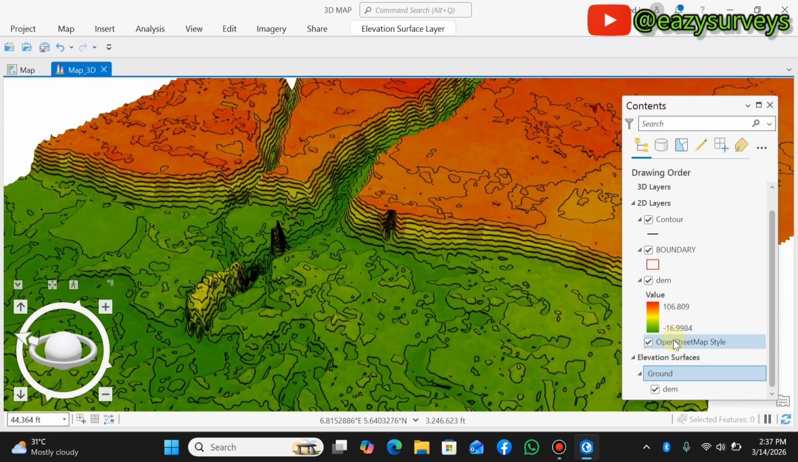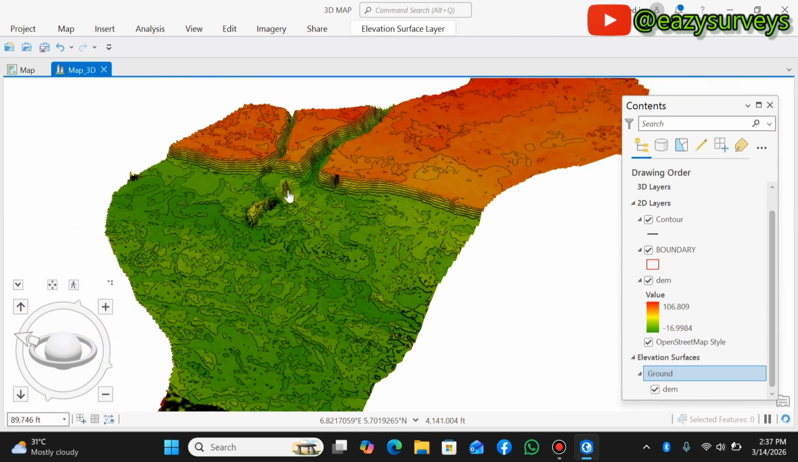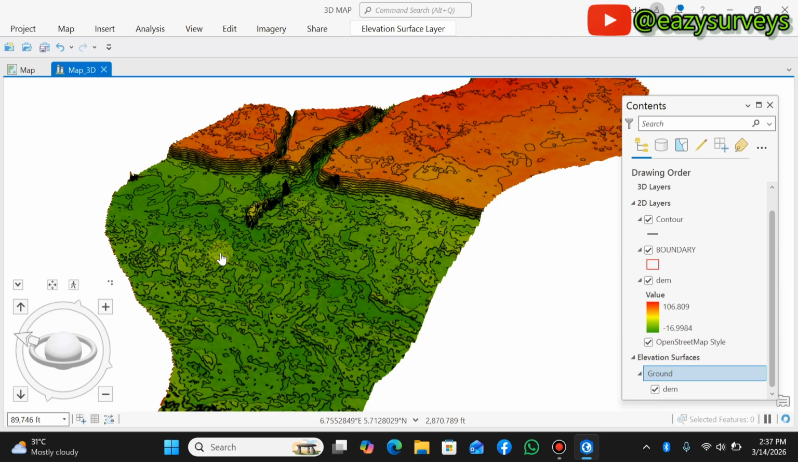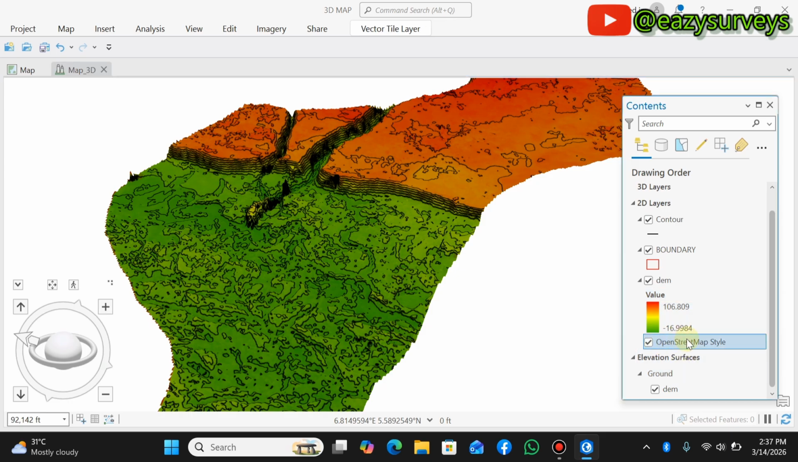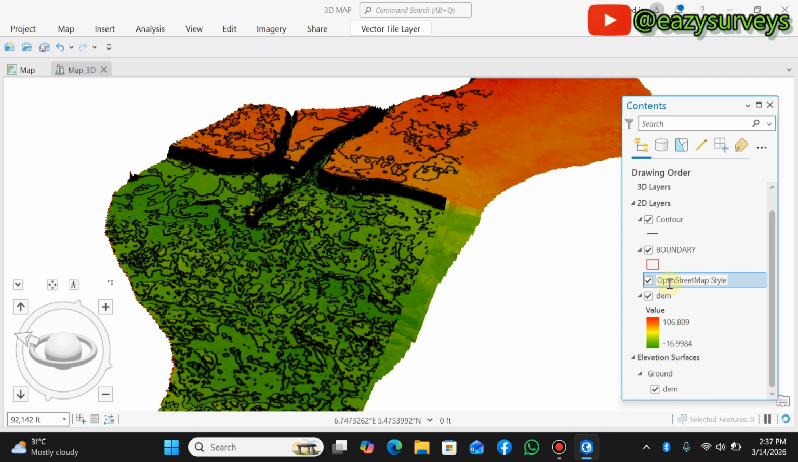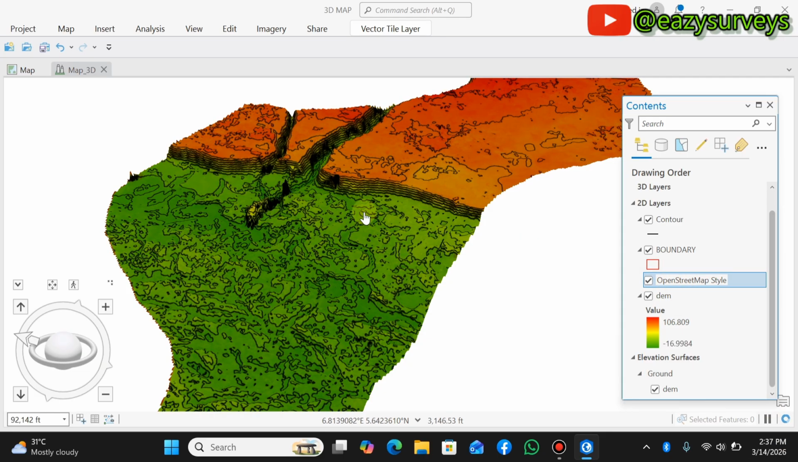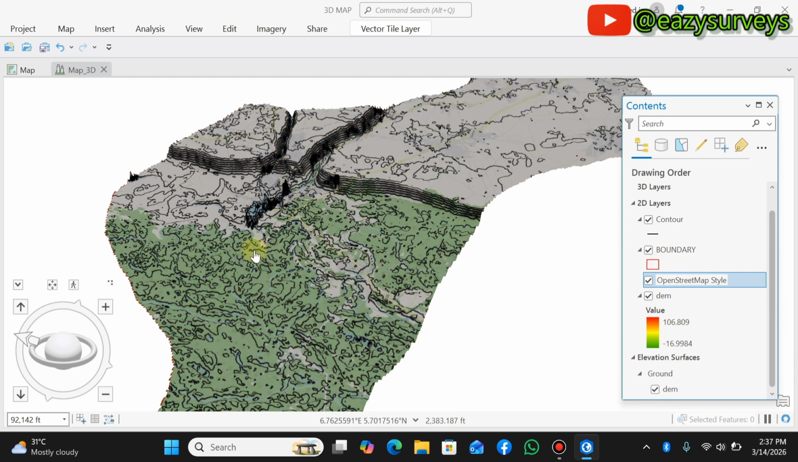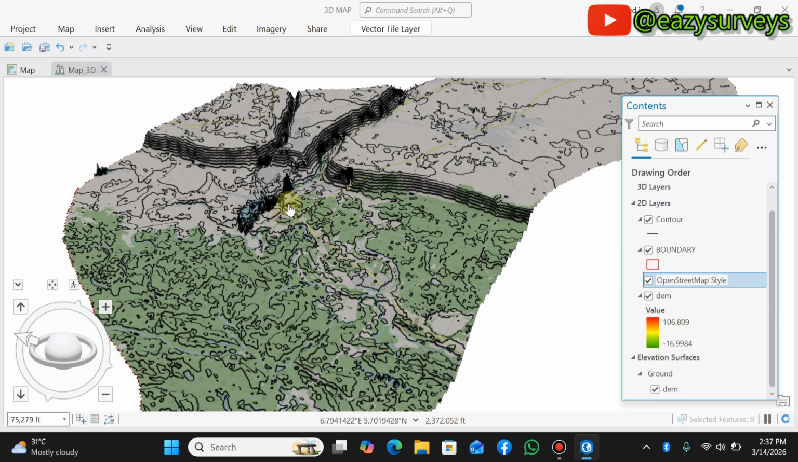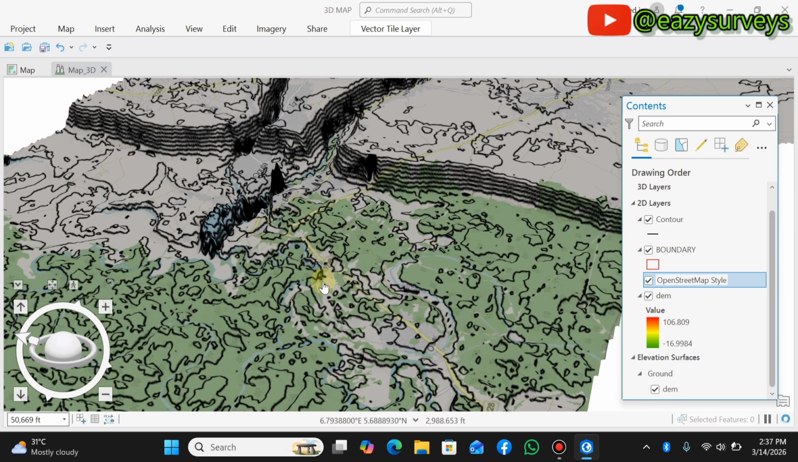Okay, so we have the base map. So if you want to overlay the base map on the 3D surface, to see areas that are built up and areas that are not built up, you can just drag the OpenStreetMap. If you have the World Imagery here, you can drag either of the two, and you make it to be before the DEM. So you see, before the DEM, the OpenStreetMap is going to overlay on the 3D elevation model, so that you can have a better